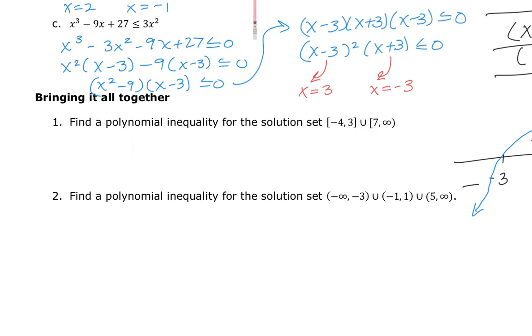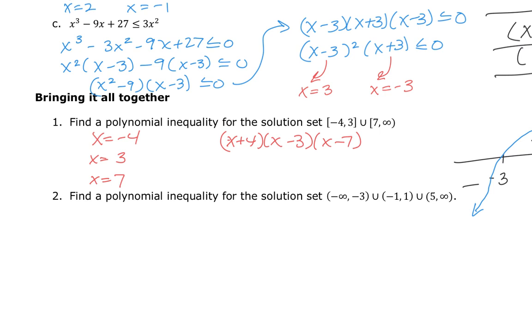Well, we know from up above that each one of these numbers is a 0. If x is equal to negative 4 is a 0, and x is equal to 3 is a 0, and x is equal to 7 is a 0, that means what I have is x plus 4, x minus 3, and x minus 7. Now, we are trying to find out where this interval would be greater than or less than. So if I were to put this on a number line,